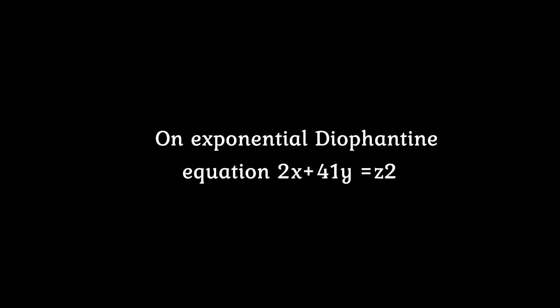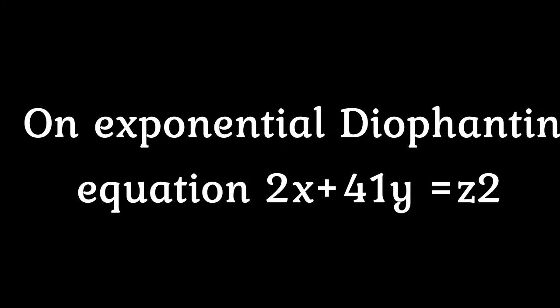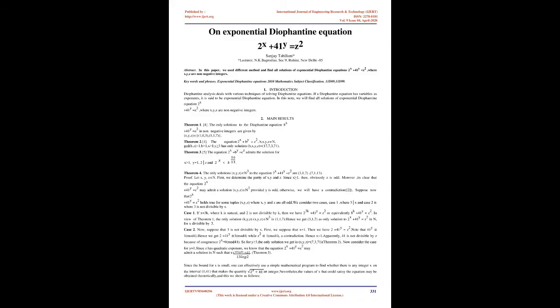On exponential Diophantine equation 2^x + 41^y = z^2. Abstract. In this paper, we used a different method and find all solutions of the exponential Diophantine equation 2^x + 41^y = z^2 where x, y, z are non-negative integers. Keywords and phrases: exponential Diophantine equations. 2010 Mathematics Subject Classification